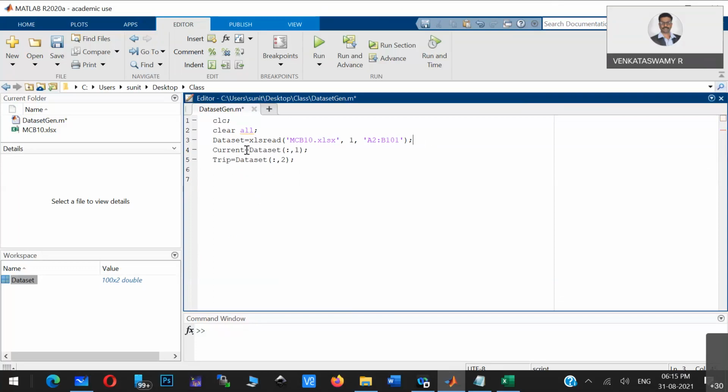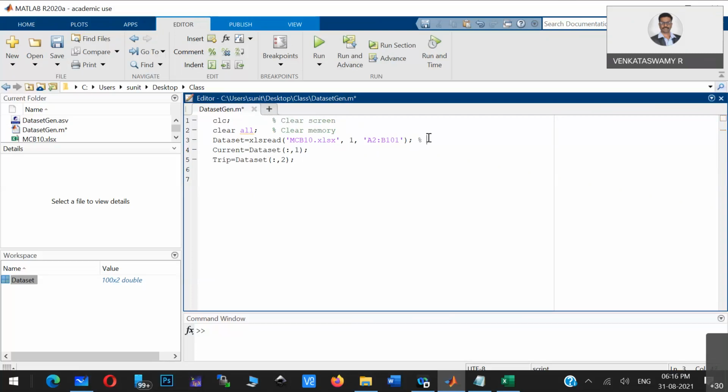So now data is done. I extracted the data and copied it to MATLAB, and then I split that particular dataset into input and output. Those things I did here. This is basically clear memory. Whatever memory content is there, it will erase. It is just a clear screen. This particular command will be useful to clear the screen.